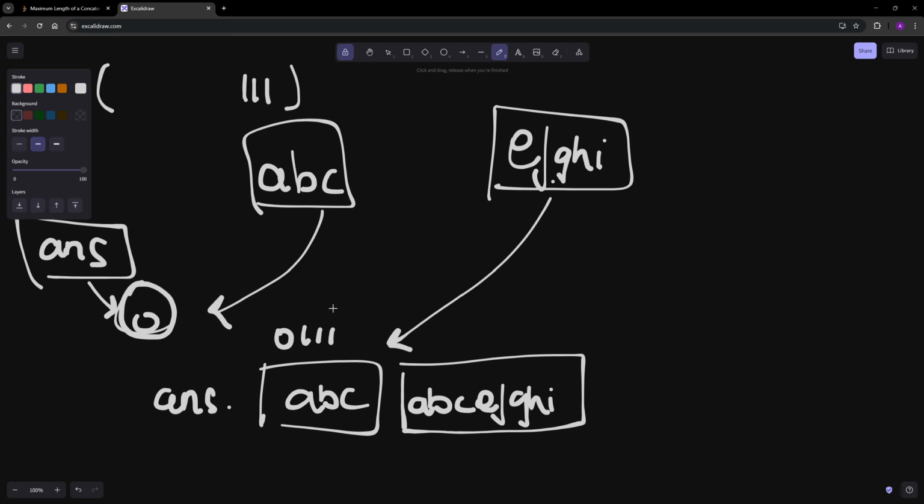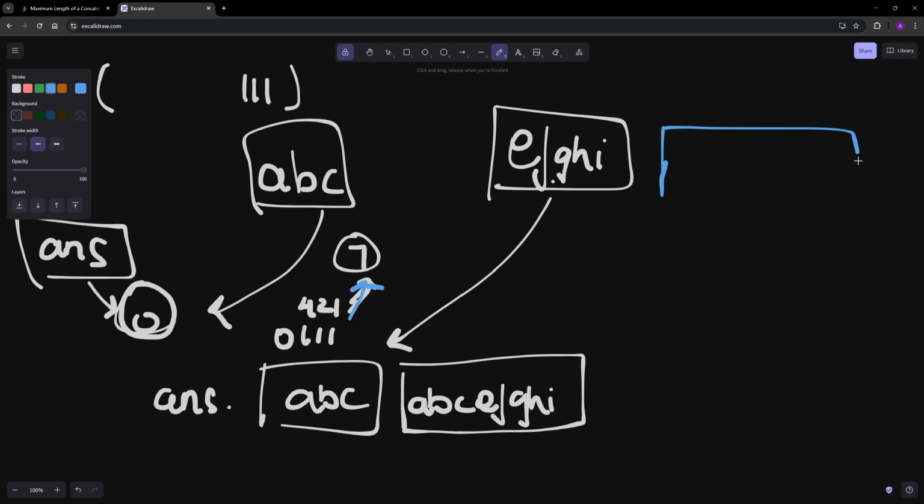ये इसका number क्या हो जाएगा? 0 1 2 sorry 1 2 and 4. इसका number हो जाएगा 4 plus 2, 7. ठीक है? तो इसका भी कुछ number आ जाएगा ऐसे. ठीक है? Now we will get different numbers. Do not return the decimal. That's a very bad thing to do. हमें क्या करना पड़ेगा? हमें एक total max रखना पड़ेगा answer.